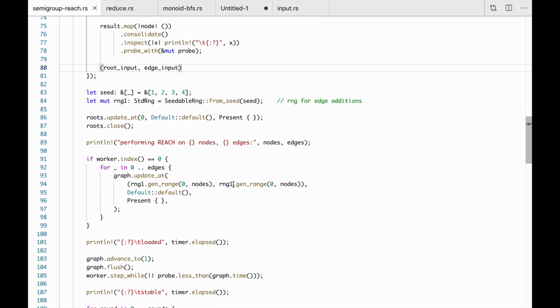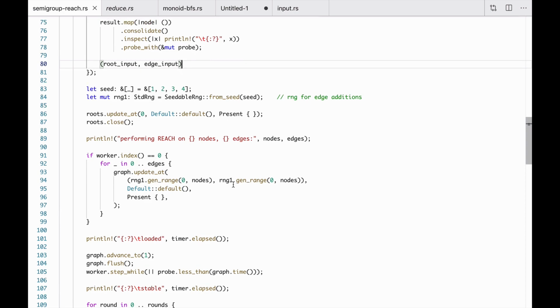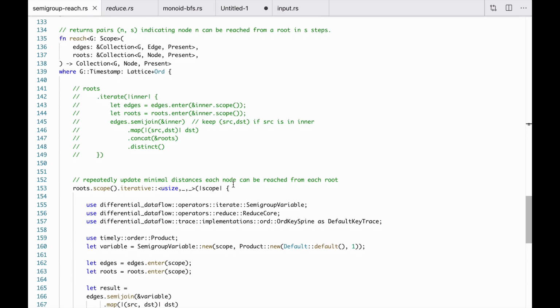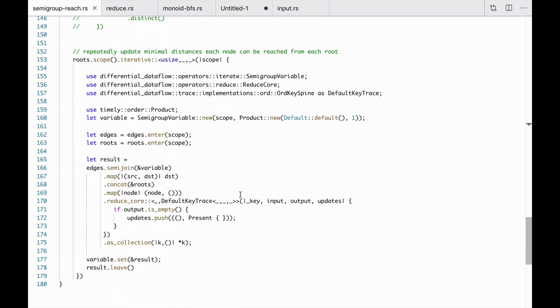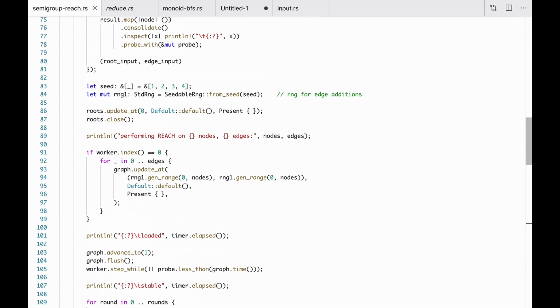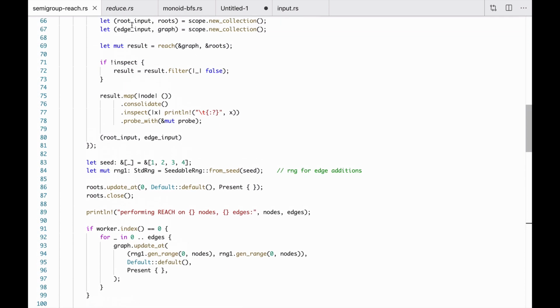But no, I definitely like the fact that we're saying more about our computation using these types. And yeah, I'm curious to start going through here and seeing if there's anything else to tidy up. These things almost certainly get better if you start changing these to like U32s and such, but we do not need to do that. Yeah, all right. So that's what's going on with semigroups